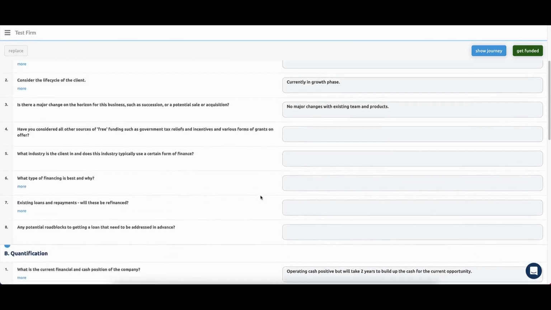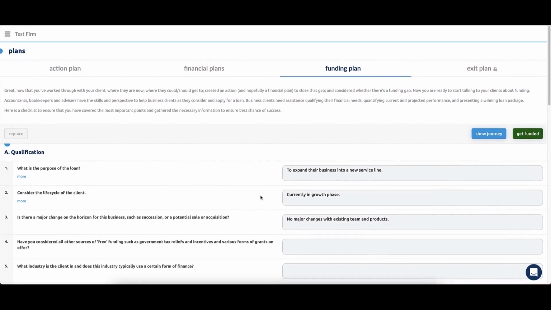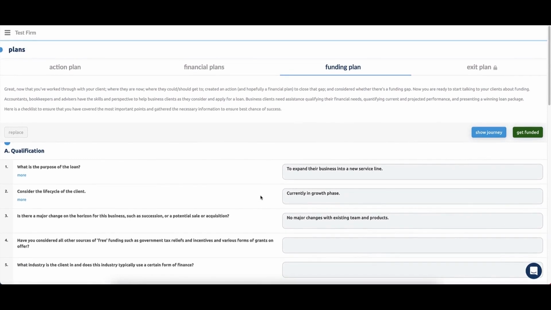So that's a full list there that you can delegate to a team member, or you can use for risk mitigation. It's effectively a live working paper. And if you wanted to, you could use it to justify to the client the fee for the funding service that you're providing. In addition to that though, once you have done that, and that's completely optional by the way, you don't have to go through that process, but that will help you and the team get the best possible result